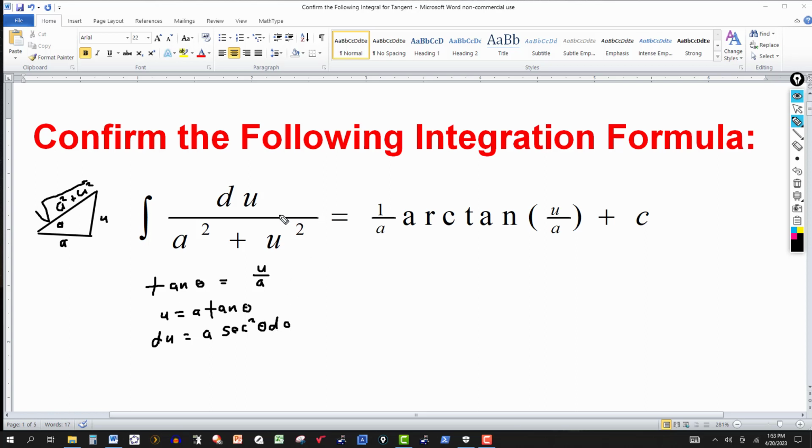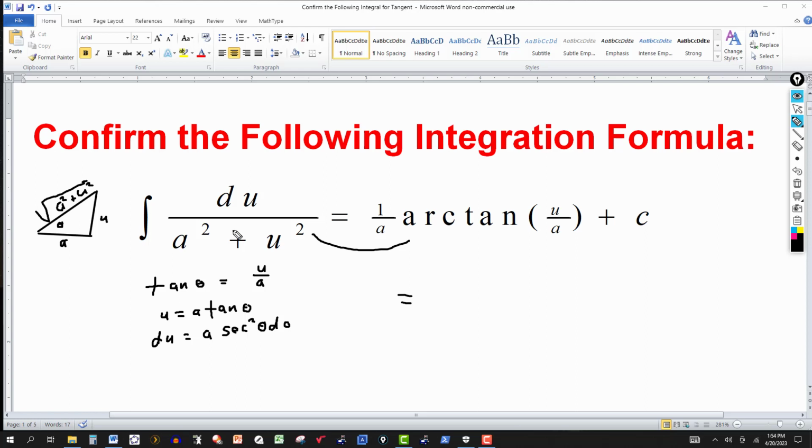So again, we want to show that this is equal to this. I'm just going to put the equals over here. I'm saying that du over a squared plus u squared will equal, using these substitutions,